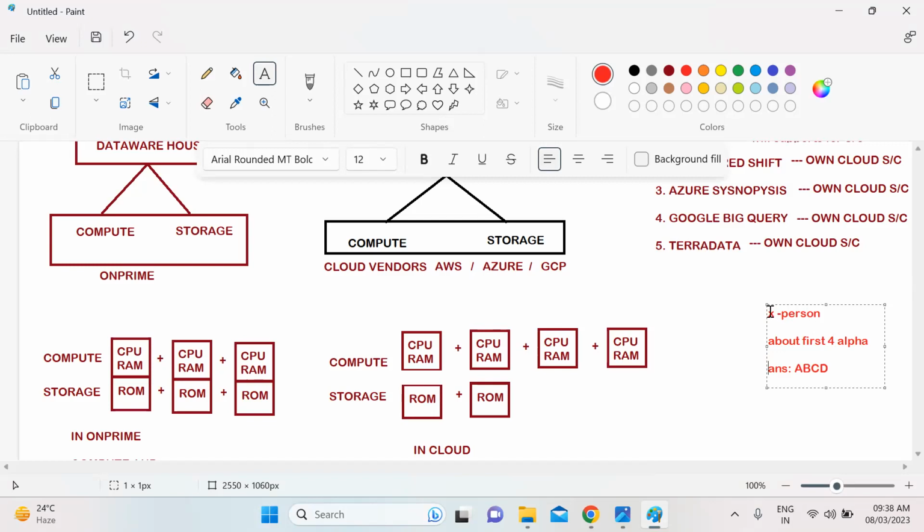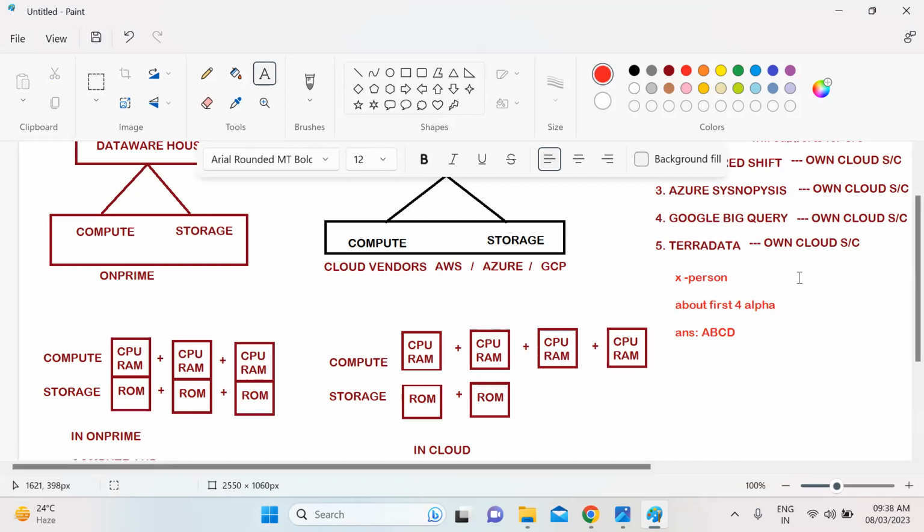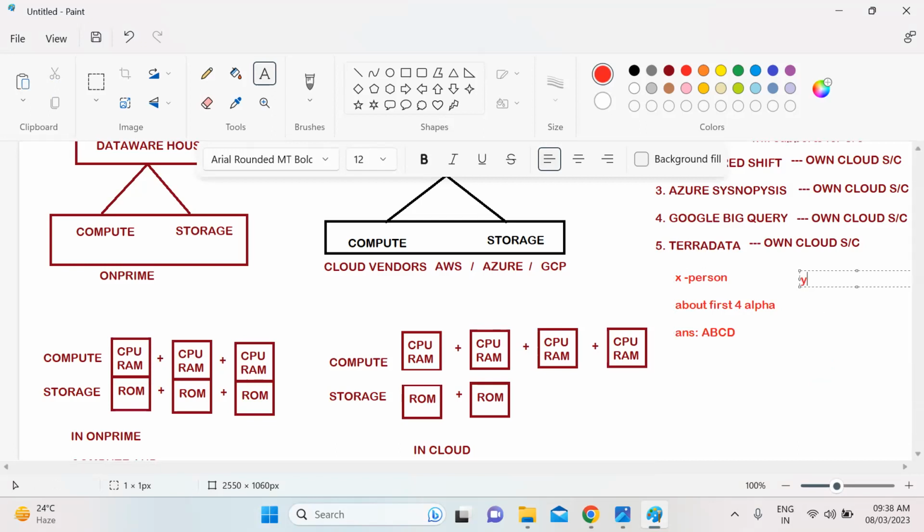Now I ask person Y about the below calculation.